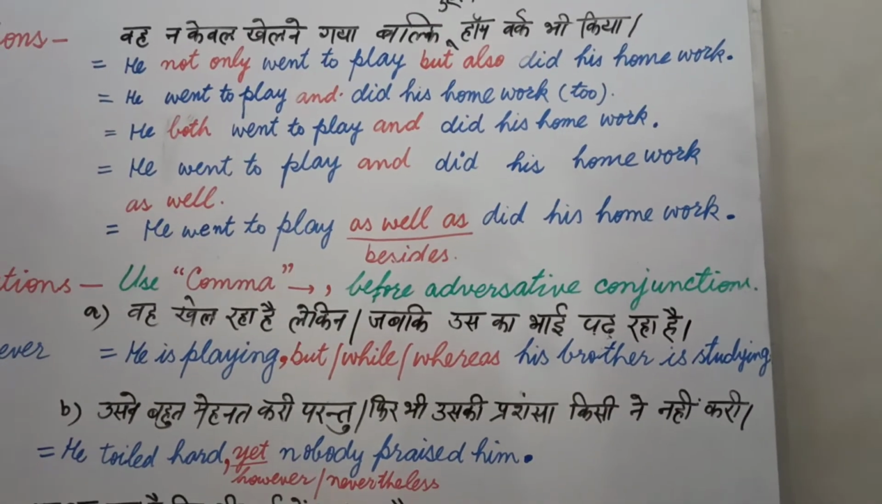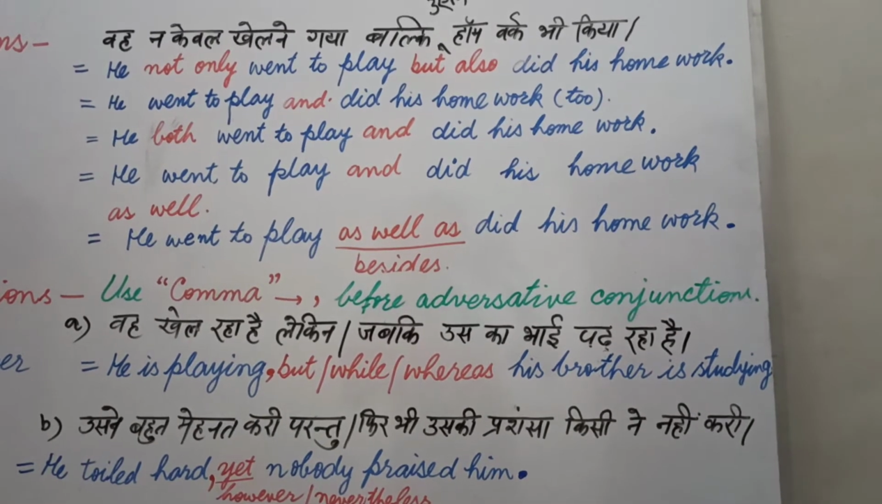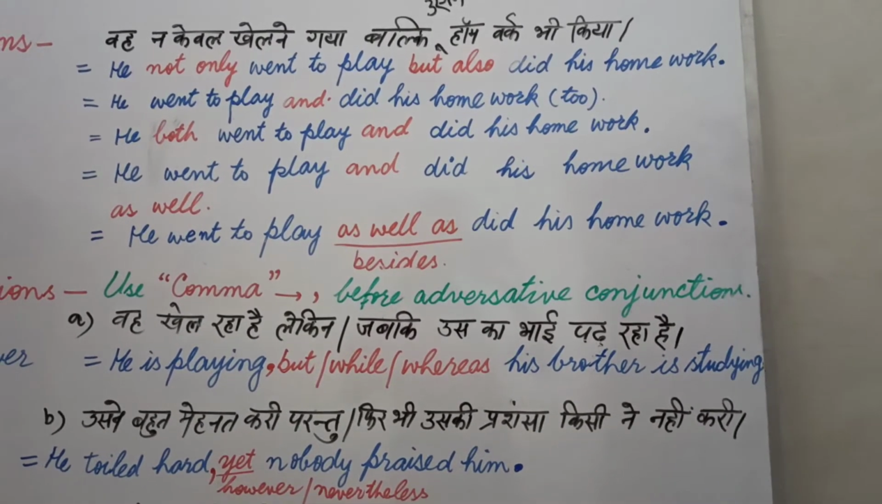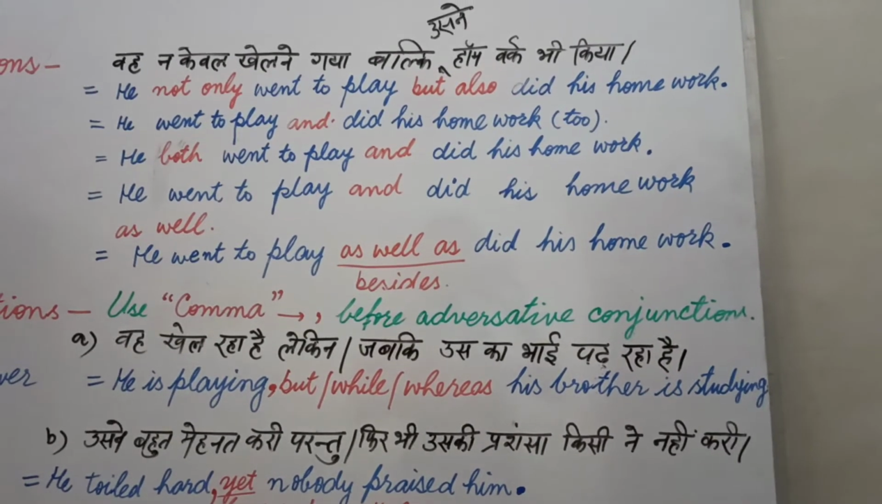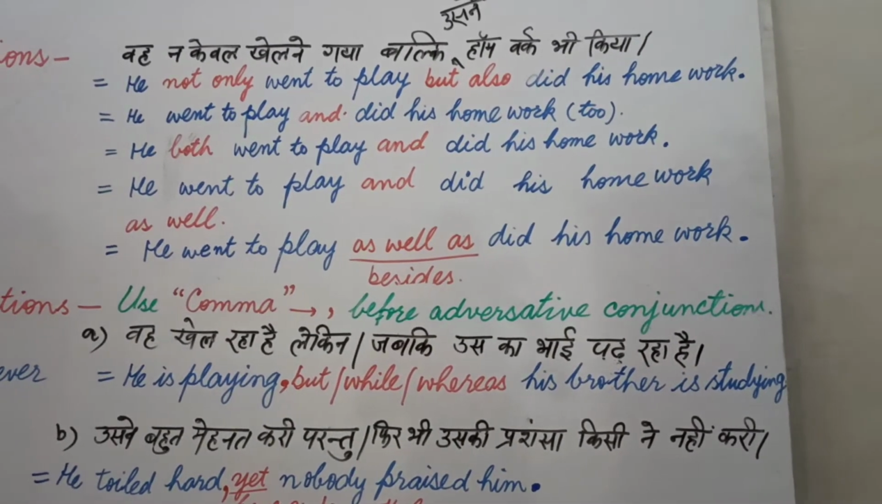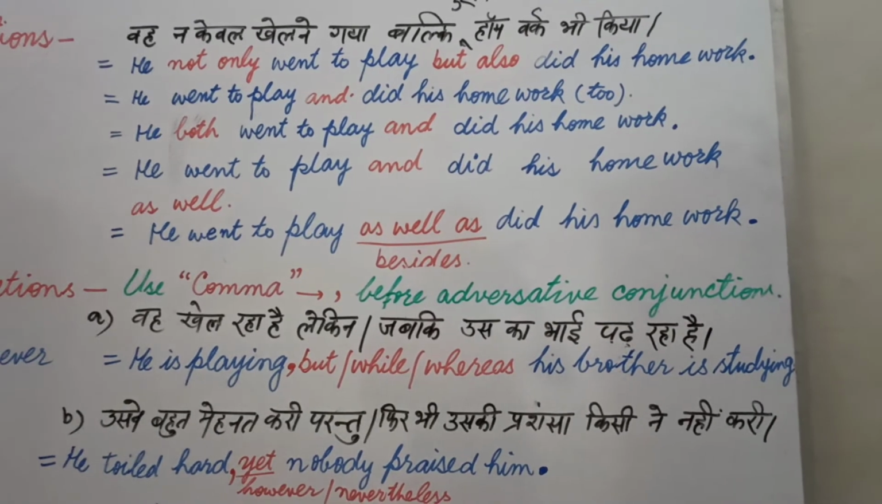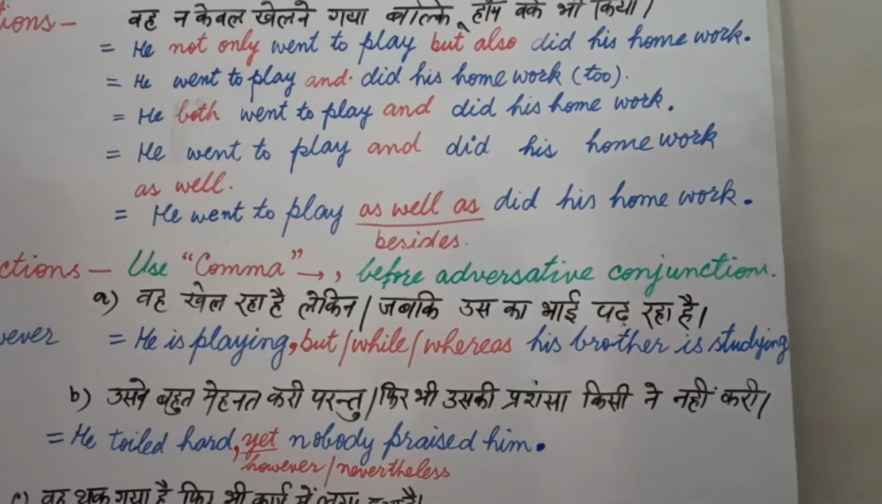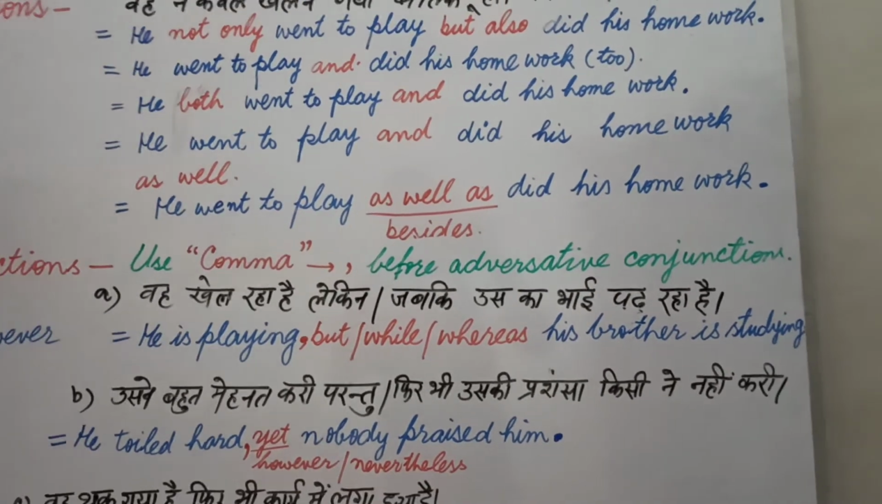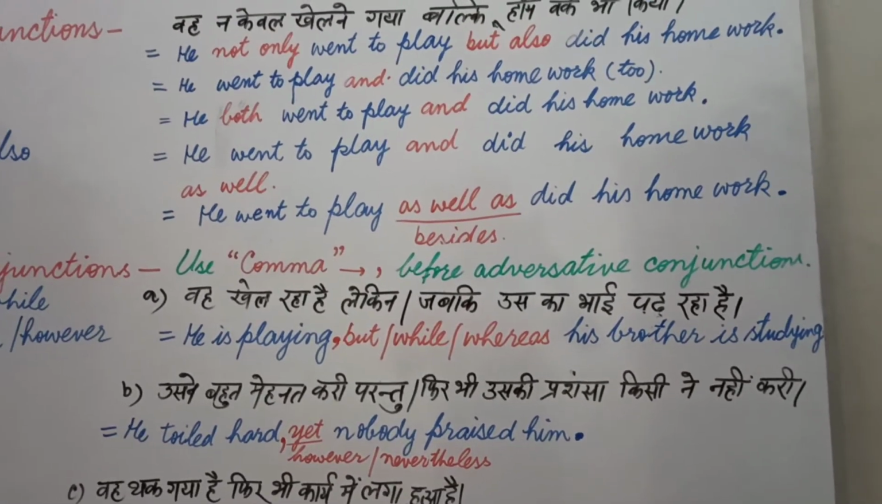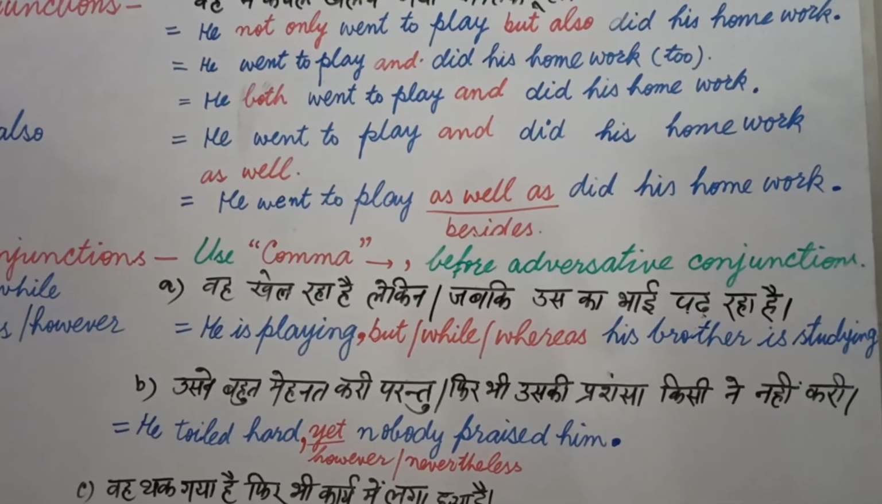That's why we can say he is playing but, while, whereas his brother is studying. The study of his brother is not the result of वह खेल रहा है. That's why in such a case I use but, while or whereas here in place of लेकिन और जबकि. Students, two things are there. You can think